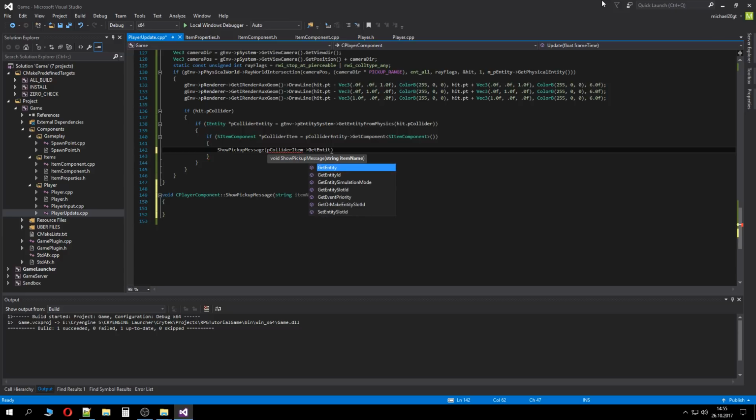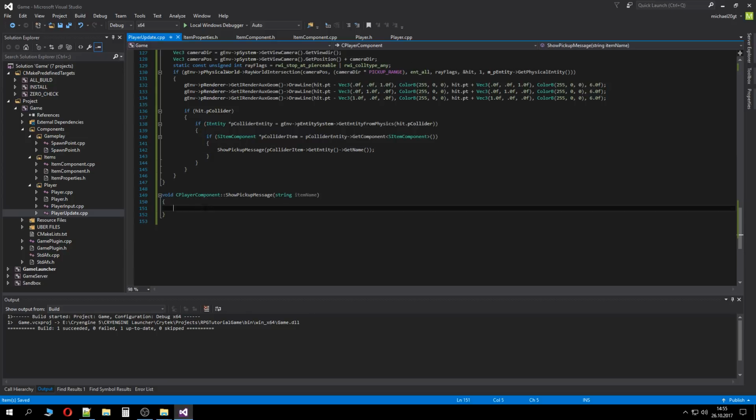Get entity, get name, which is gonna be a very long name, but I'm gonna get rid of this later. Okay, picking up